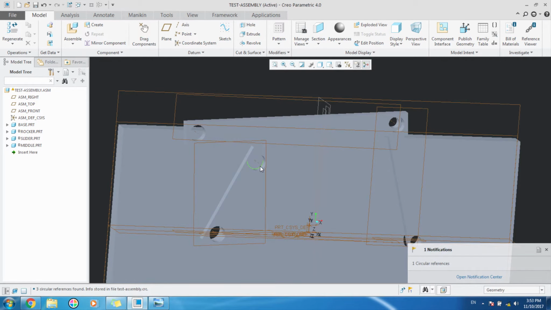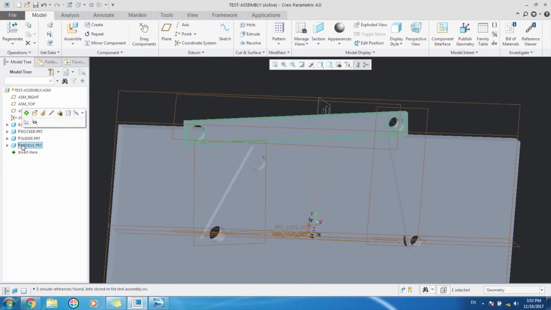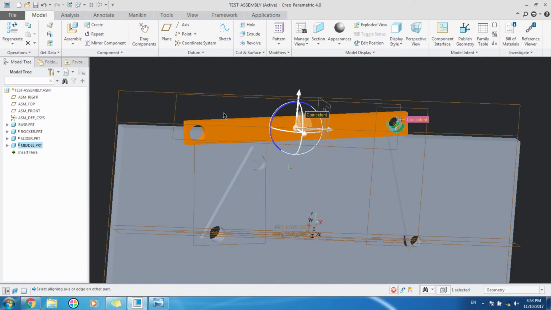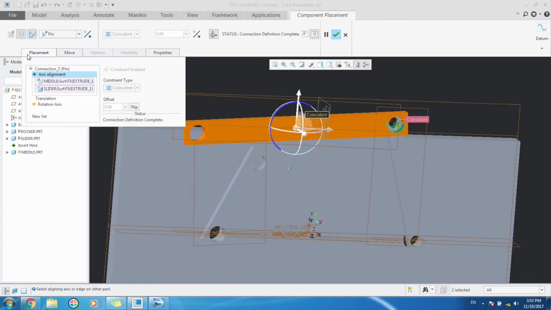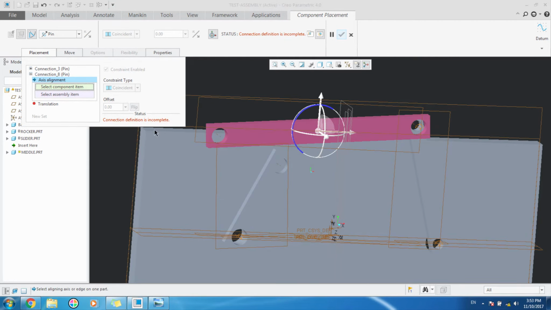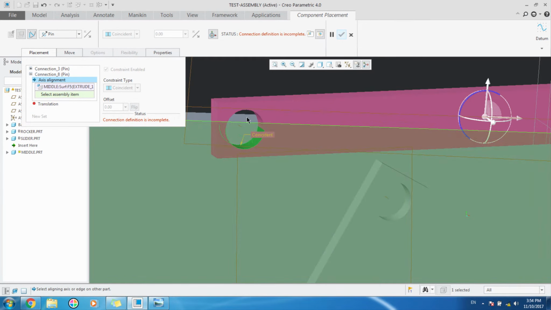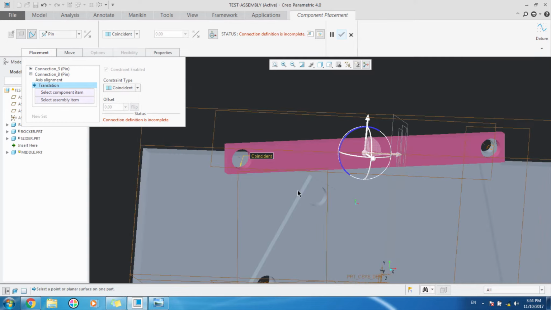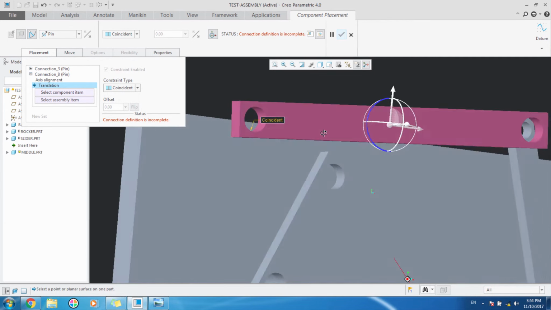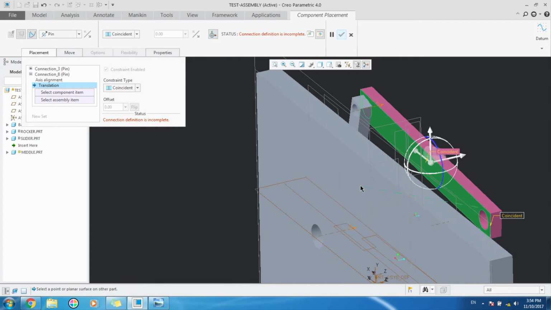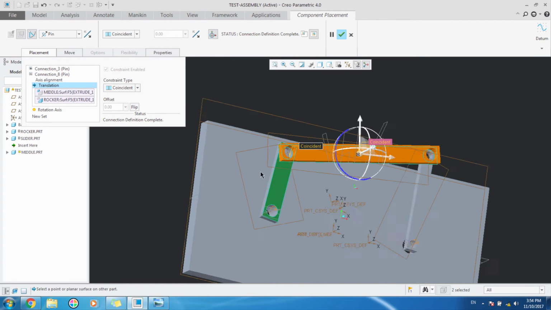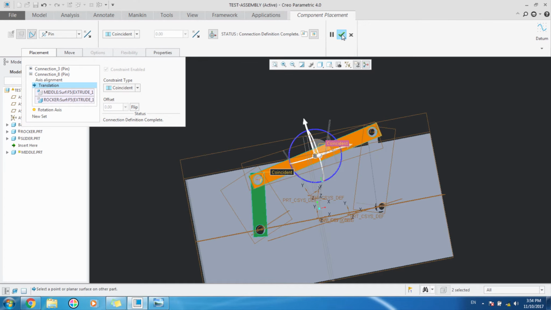Now we will have to constrain another, this and this. So go to the middle part again and click edit definition. Go to this placement bar and click new set. New set will also be the pin set. Go to the component item and select this time this component, this part, which will be parallel to this axis, and in order to constrain its translation, this and this. Okay, as you can see,